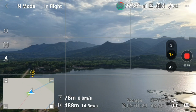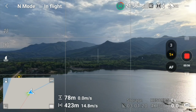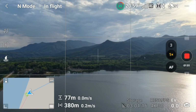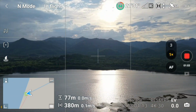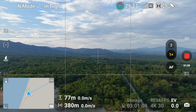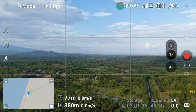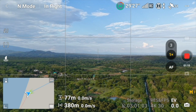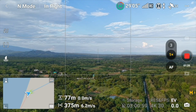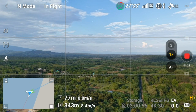What I'm going to do now is, following that line, the bottom left of the screen, you can there see a blue line. I'm going to continue in that line, but I'm going to go backwards. So I'm going to swing myself around, and using that blue line and the little green tip that's there, I'm going to put that little tip on the blue line, just like that there. And now I'm going to come back all the way,